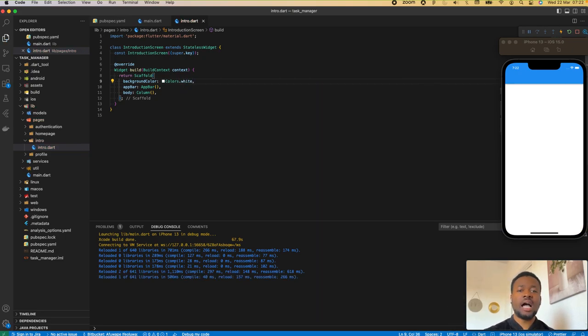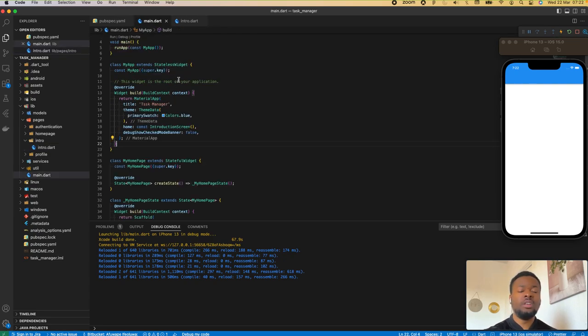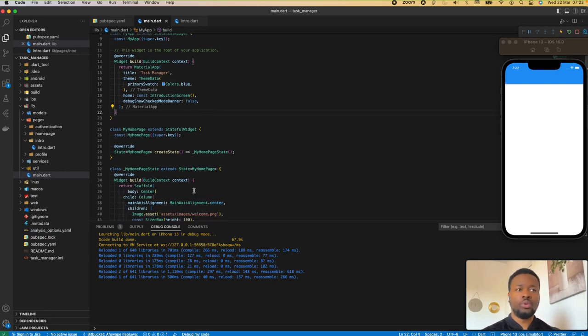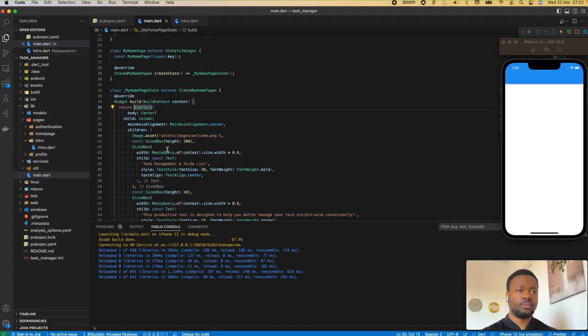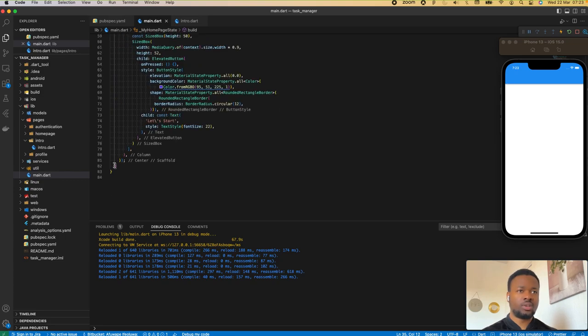Do you understand? So now we have created a screen, but we have not navigated from one screen to another screen. What we have just done is to change the home or the first screen of our app, right? So next thing to do right now is we want to move this script, the one we had before for that screen. I'll just copy out the whole scaffold,